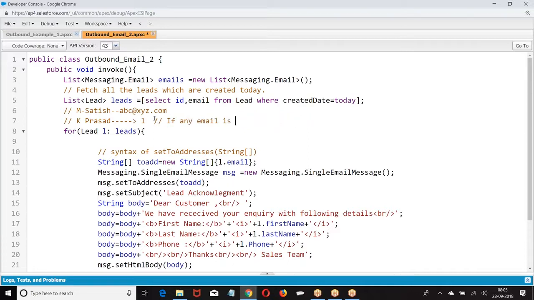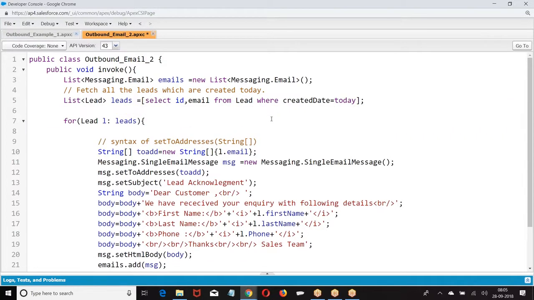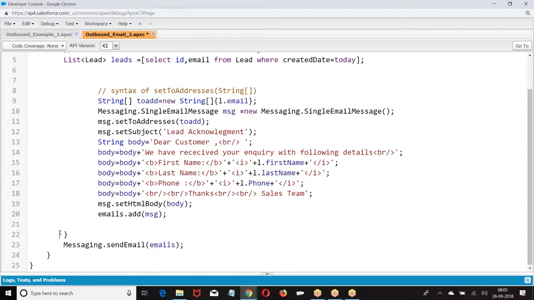Basically, my question is, Satish, do we need to reset this to address every time when we are in the loop or not? But you are telling that the value will take a null value every time. Just now, I'm making it clear one more time. I understand it, Satish. This is not a common email. You are assuming that the lead program is like this.